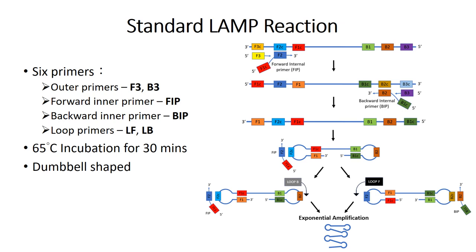The first product is then displaced by synthesis initiating from an outer primer, which anneals to an upstream target region. As it is displaced, the end of the product forms a self-hybridizing loop structure due to inclusion of the reverse complementary sequence in the inner primer sequence. This annealing and displacement cycle repeats on the upside end of the target sequence, and the resulting product is a dumbbell-shaped structure that forms a seed for exponential LAMP amplification.